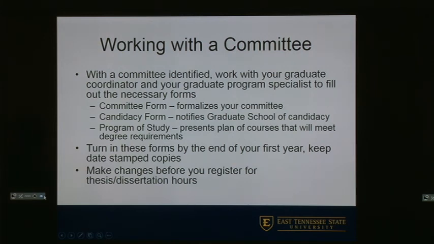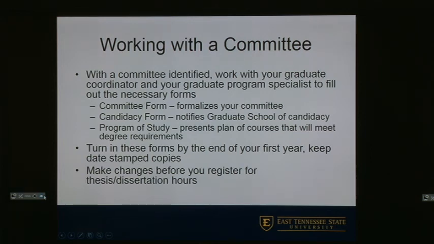Members of your committee must have graduate faculty status. They have to be active in the graduate education component of the university. This isn't a major hurdle for regular faculty members, they almost all are, but it is something to factor in. So typically lecturers or adjuncts don't fit this bill.